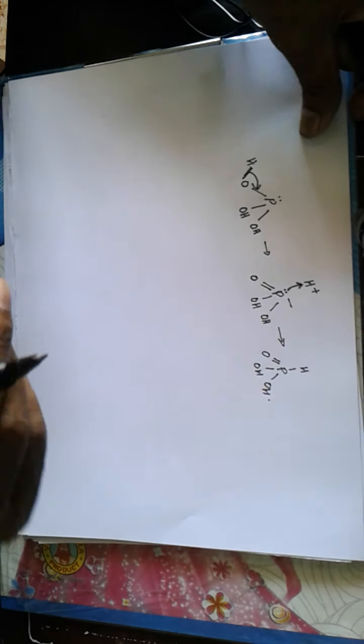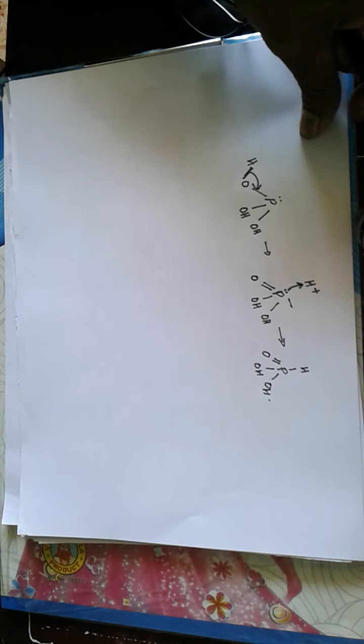Now coming to the second point, that is reaction between alcohol and potassium iodide in presence of 95% phosphoric acid. Now there H3PO4 ionizes to give H positive and H2PO4 negative. Now ROH